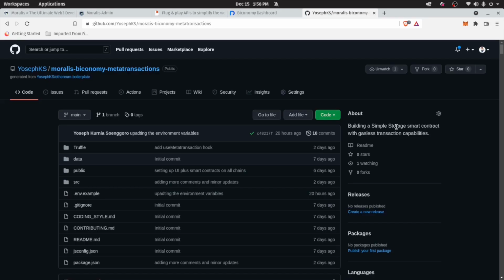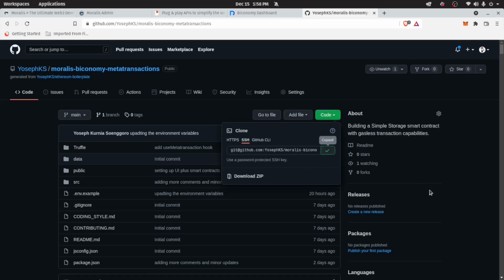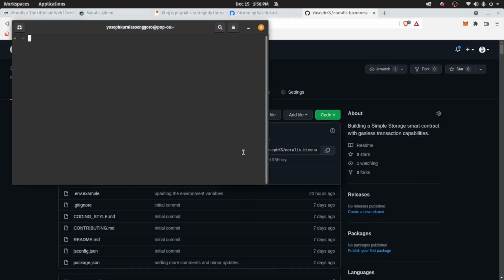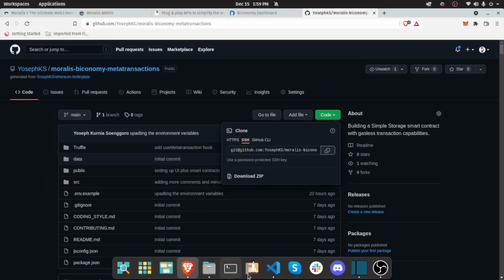Once all that's done, we can go to the GitHub repository, where I'll put the link down in the description, so make sure to check it out. We basically need to clone the repo to our local machine. So go here, copy the link, then open your terminal, go to any designated directory that you want, and git clone it and paste. Then just press enter, and in a few moments, this repository for the dApp will be copied onto your local computer. But I don't need to do that,